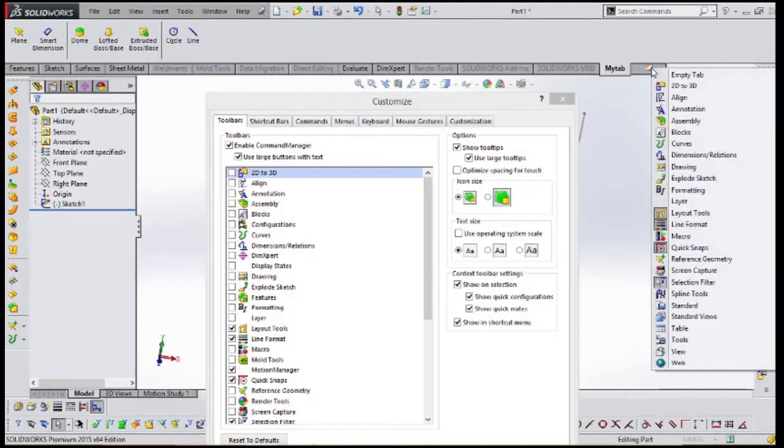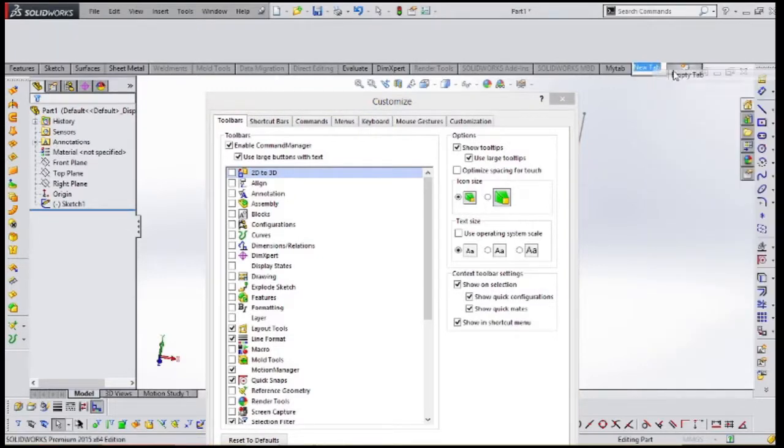Here you can create a new empty tab, and you can give the name. Now I am giving it as custom tab, just custom tab, and click anywhere on the window. Now this is an empty tab, as we selected the empty tab.